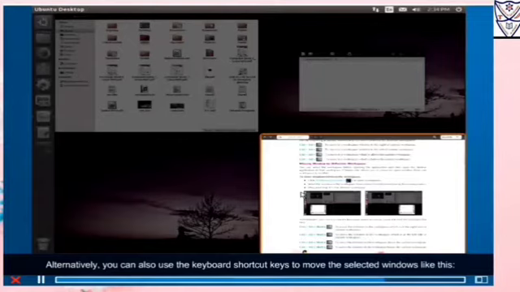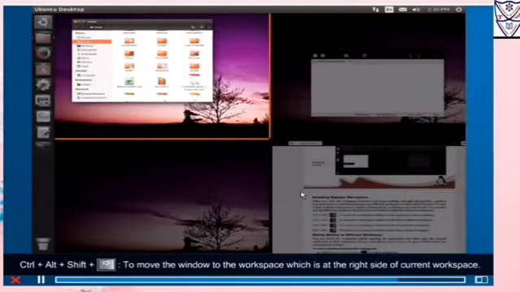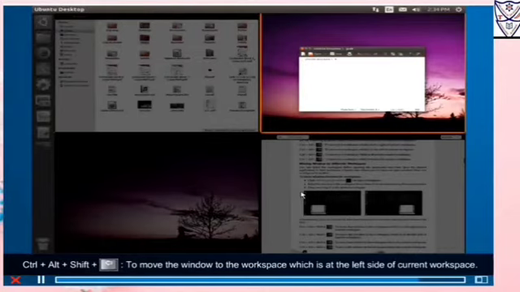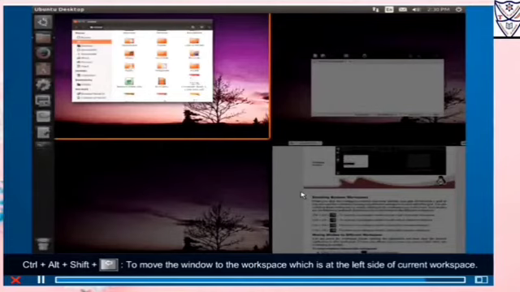Alternatively, you can also use the keyboard shortcut keys to move the selected windows like this. Ctrl plus Alt plus Shift plus right arrow to move the window to the workspace which is at the right side of current workspace. Ctrl plus Alt plus Shift plus left arrow to move the window to the workspace which is at the left side of